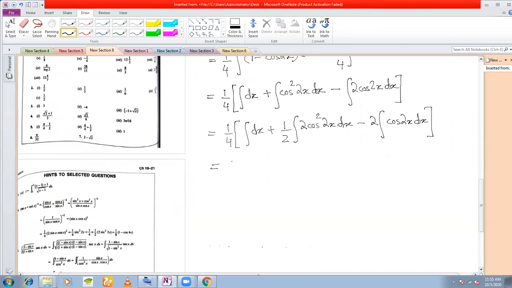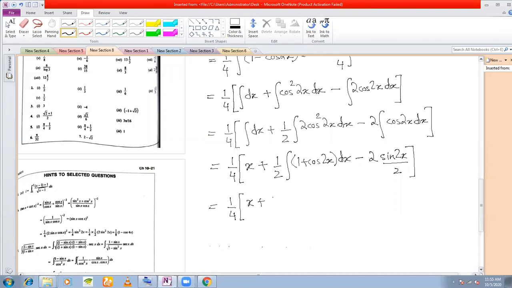So what you get here is 1/4 integral dx is x plus half 2 cos square x, from the formula, is 1 plus cos 2x dx. And what is the integration of cos 2x? This 2 will remain as it is. What is the integration of cos 2x? It is sine 2x by 2. So this is 1/4 of